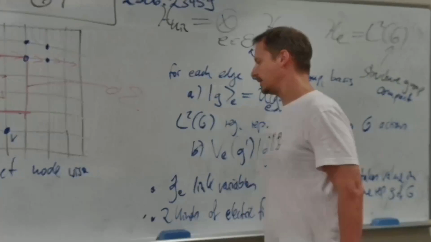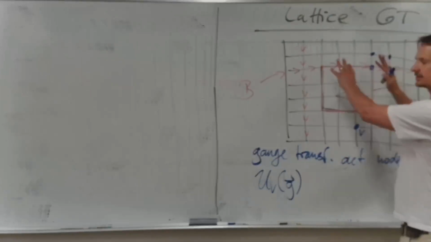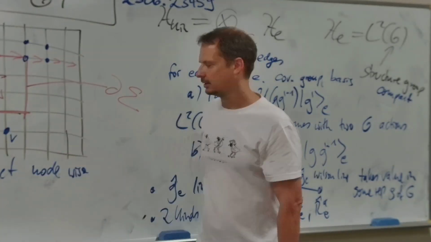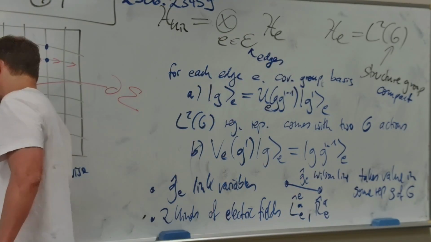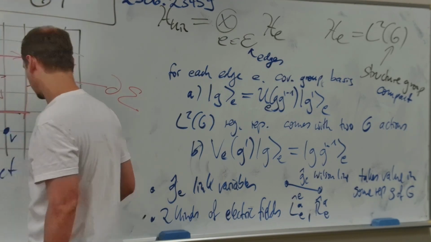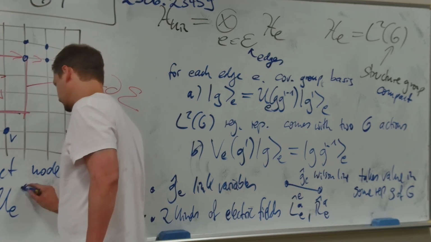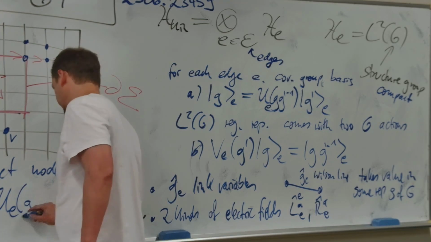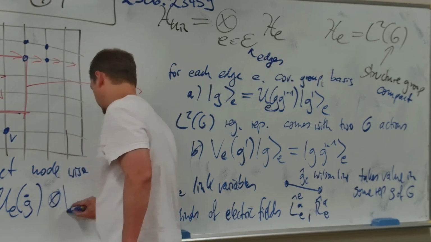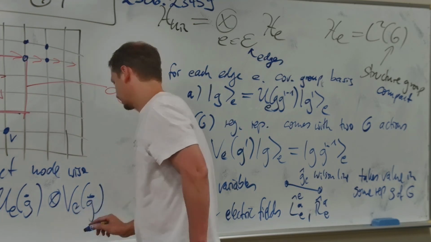Maybe put a vector there, because I'm talking about gauge transformations of the whole lattice, so there will be G-valued lattice functions. And we can take a convention where we take U_E, G, which breaks E in